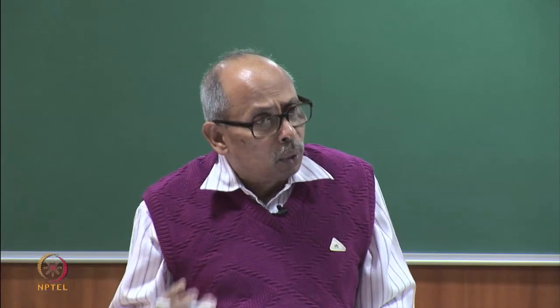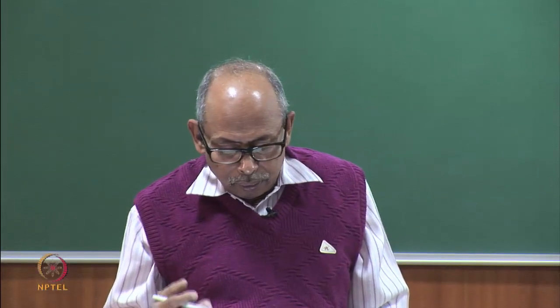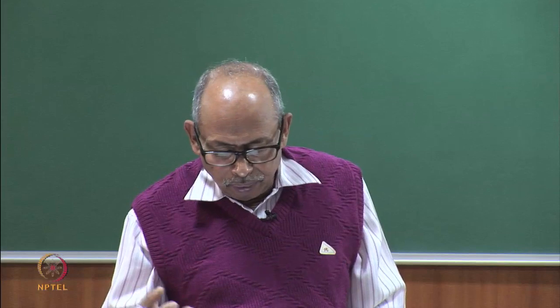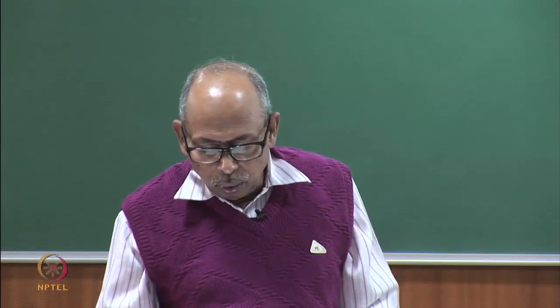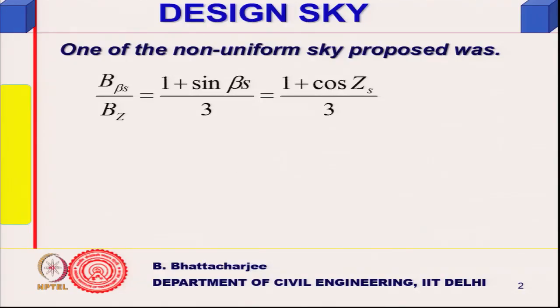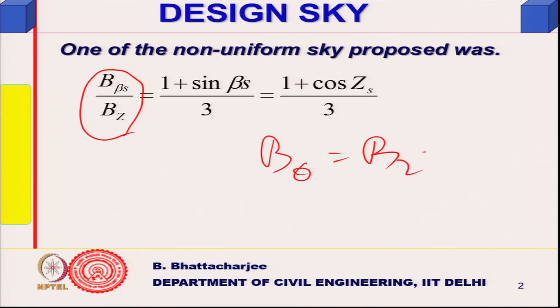So, from those global programs, the first one that we look into is different types of skies. One of the non-uniform skies, which was proposed somewhere around 1996, looked like this. Earlier we talked in terms of B theta equals B z cosec theta, right, B z cosec theta. So, you actually relate this